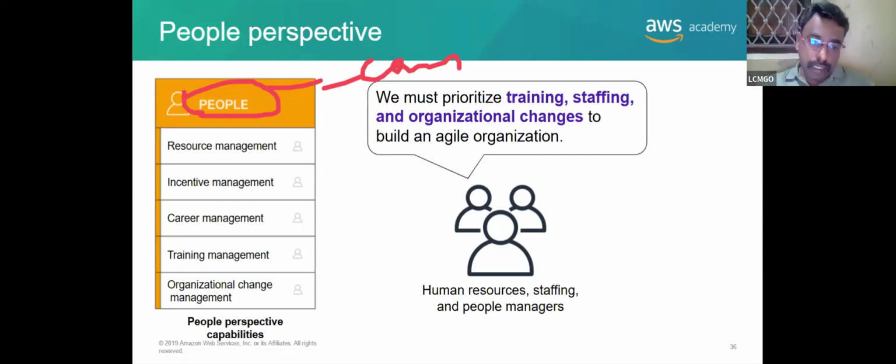Now taking in new people alone doesn't matter, but again giving them proper training. If the training is not proper, they will not work properly. Next, we have to clearly give them guidance. What is their next role and responsibility? What is their career goal? What do they have to do? You are joining at level one, then you have to go to level two. What is the time duration? 6 months.